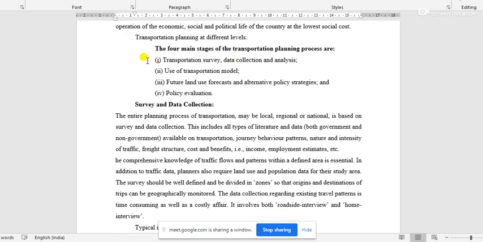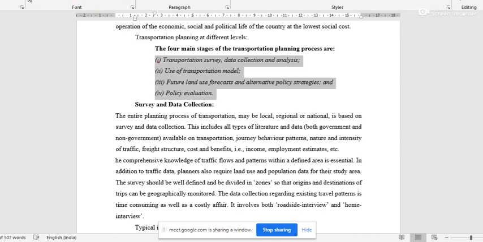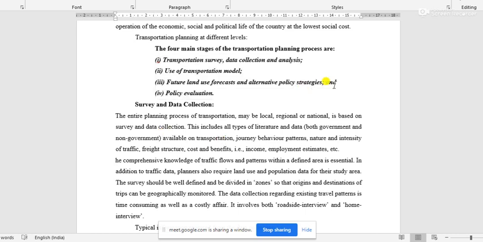These are the four planning stages or four levels in the transportation planning, which we have to discuss in this purpose. That is, one is the transportation survey, data collection, and the analysis of all those collected data. Next one is use of transportation model, and obviously this transportation model is established from this collected data in the